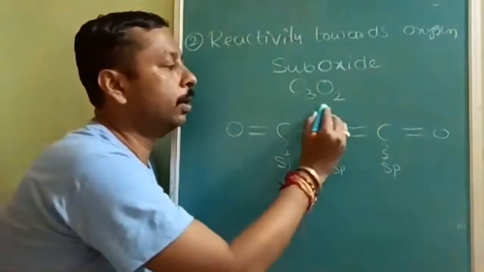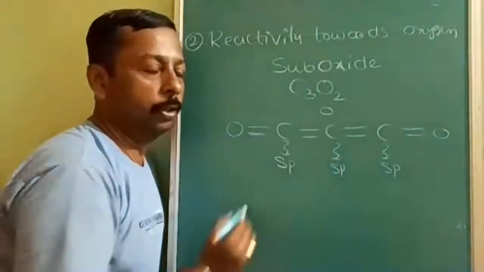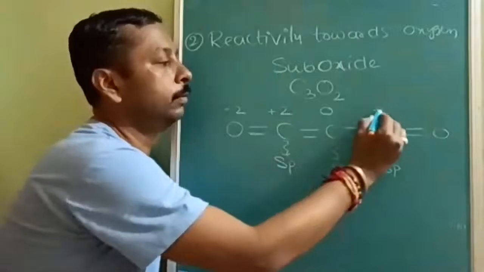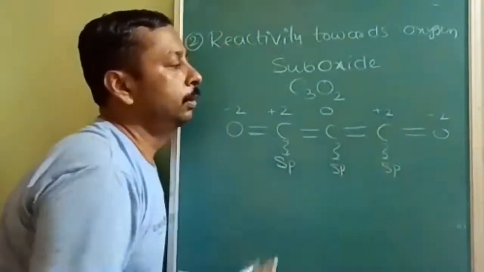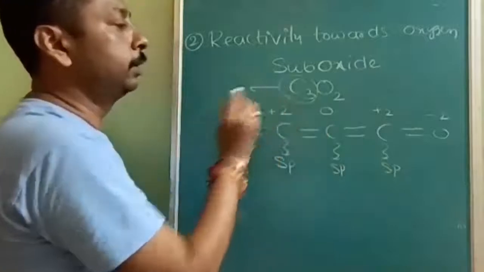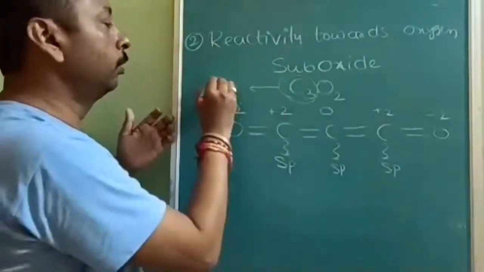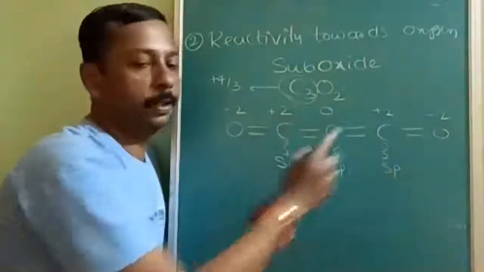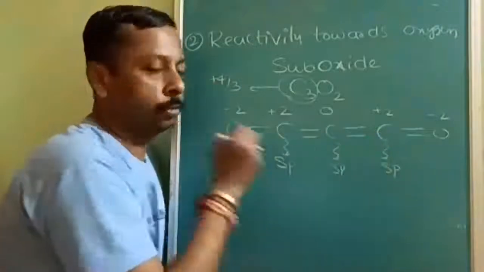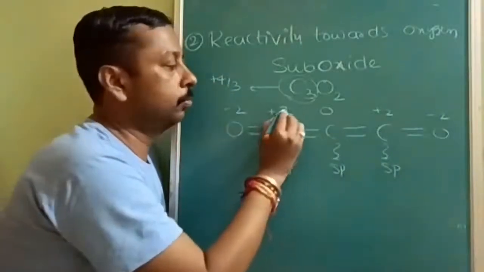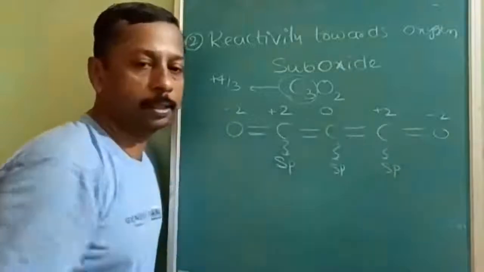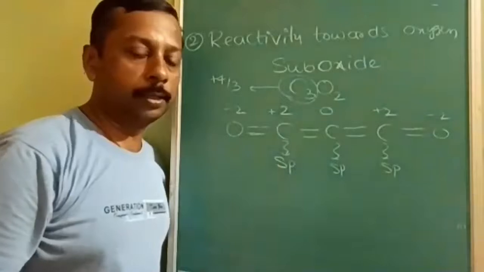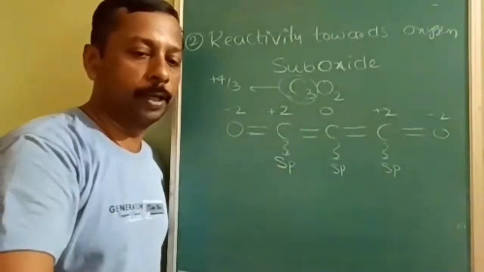And this carbon oxygen oxidation number will be 0. This carbon oxidation number will be +2, because oxygen is -2. This will be +2, this will be -2. So on an average, if you find like this, it should be +4. So +4/3 you will get. Why +4/3? Total oxidation number is +4 divided by 3. But individually, if you cross check, two carbons are having +2 oxidation state, one carbon is having 0 oxidation state. Okay, this is what is called carbon suboxide. Note down, very important.